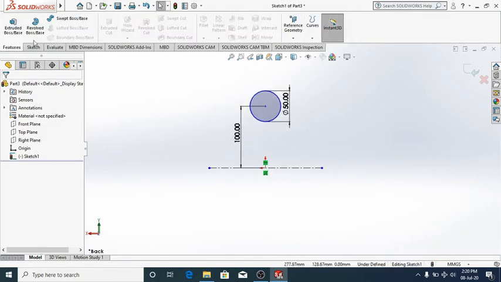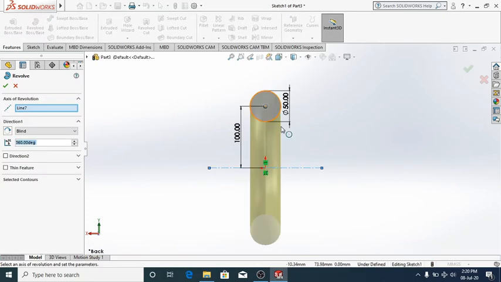Then I'm going to use this feature, Revolved Boss/Base. This automatically took the axis of revolution as this line, and the degree of rotation is 360 degrees. It automatically took that. You can also change it to however much you want.